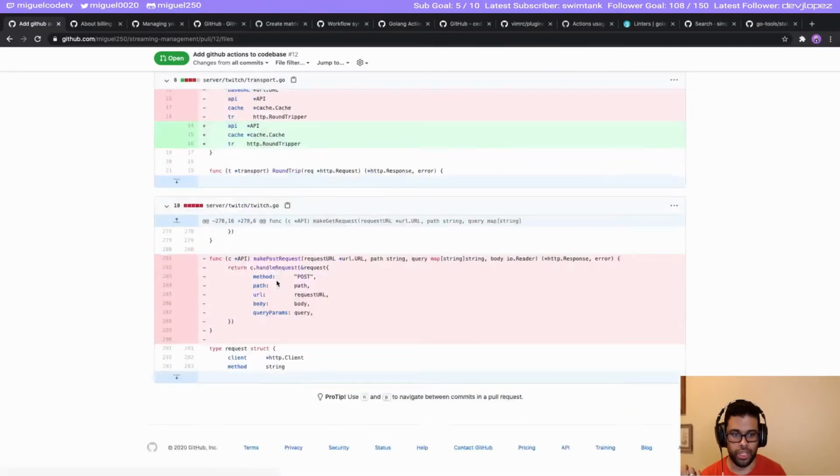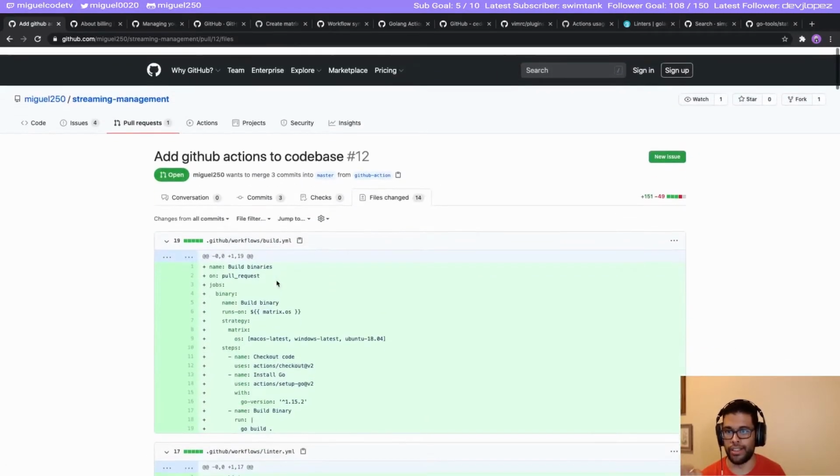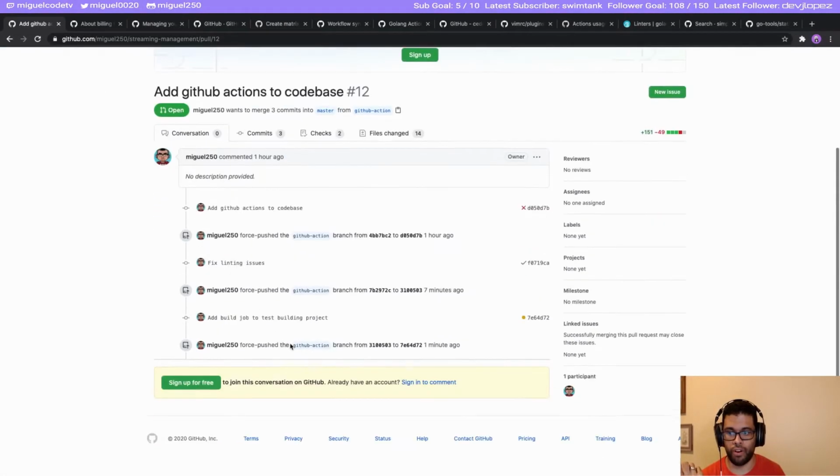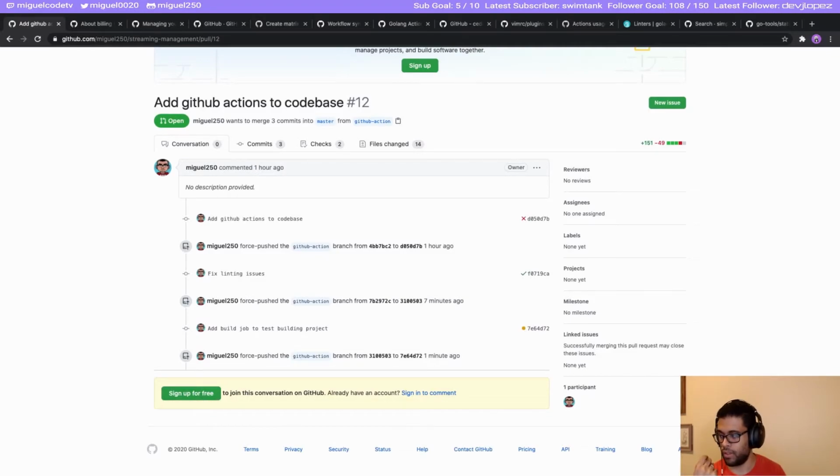And then the next one that I want to do, and the last one, is a way for us to build releases. So the goal will be to have the build binary, right? So we have the build binary build, and then we want to be able to take it and